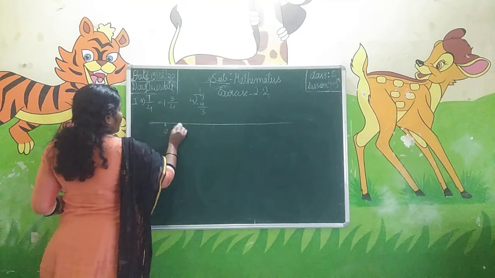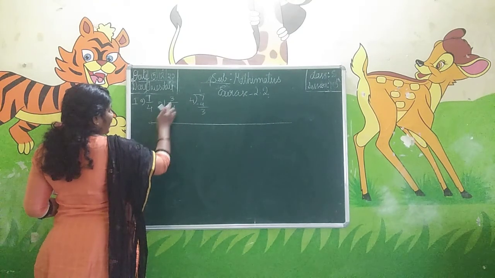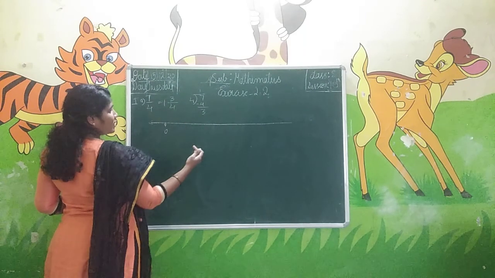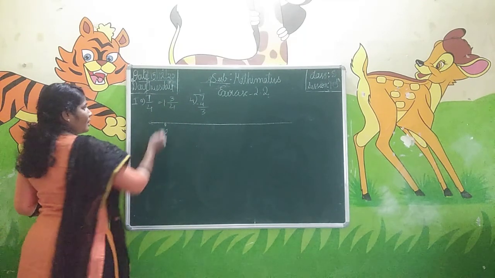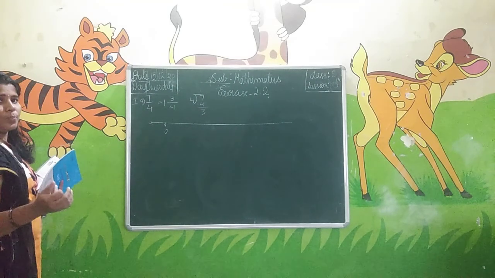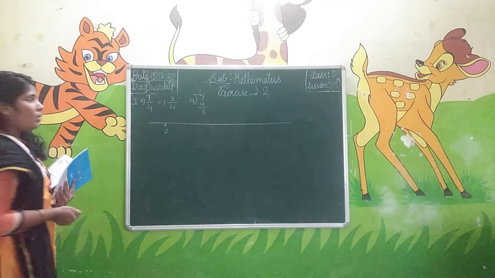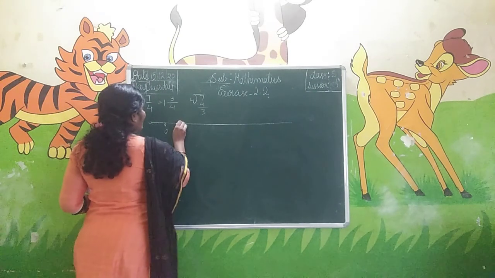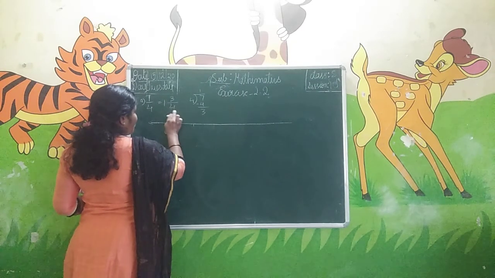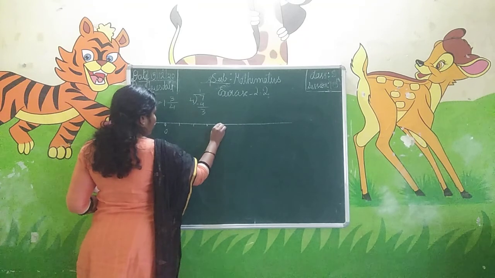Okay, we have here the number 1 3 by 4. It is the number after the 1 and before the 2. So this number lies between 1 and 2. Only between 1 and 2 do we get the 1 3 by 4. Okay, students, first you have to mark the points for each centimeter. Number of parts are how many? 4 parts. 1 2 3 4.